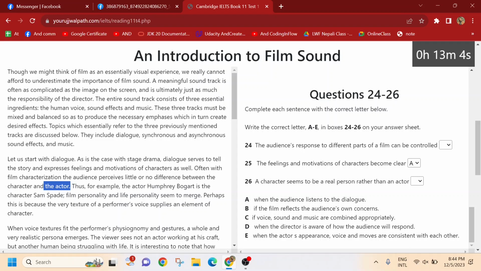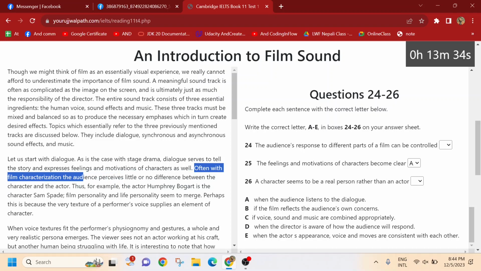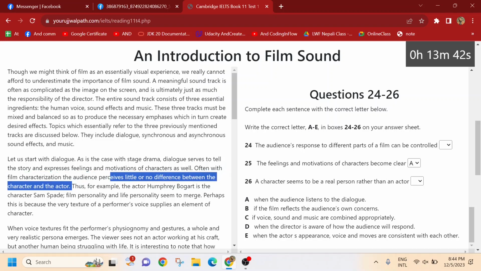And a character seems to be a real person rather than an actor. So we have a line that is not that clear, but it's saying that they perceive little or no difference between the character and the actor, and a real person rather than an actor.